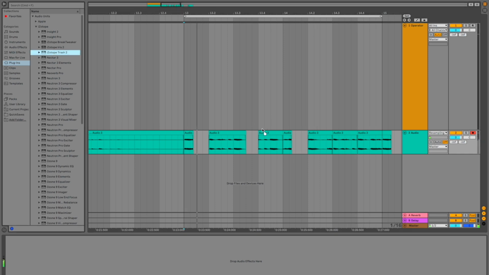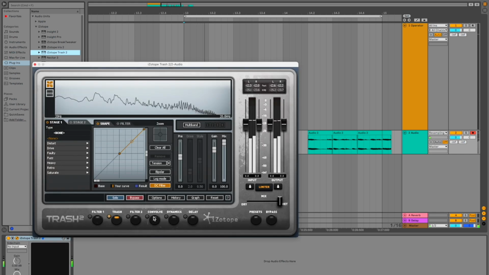When I experiment with sound design, it usually takes more than one pass of effects to take a sound from a muddy, foundational point to the polished final product. So now it's time to tame these sounds a little, and then further explore what we can do with this cool suite of plugins. I'm going to throw another instance of Trash on this sound and open the Convolve menu.